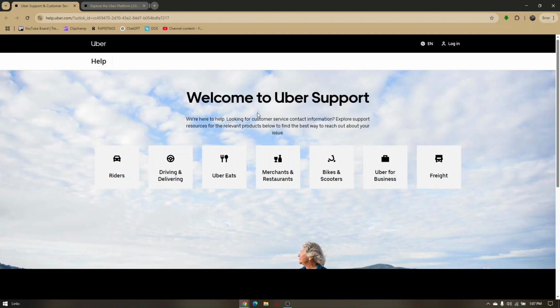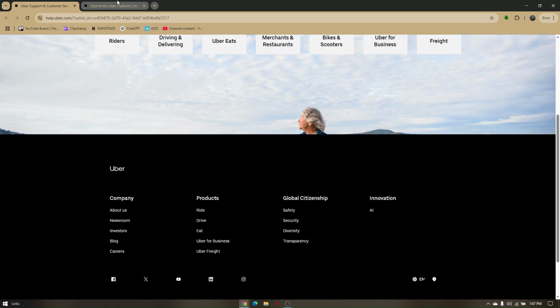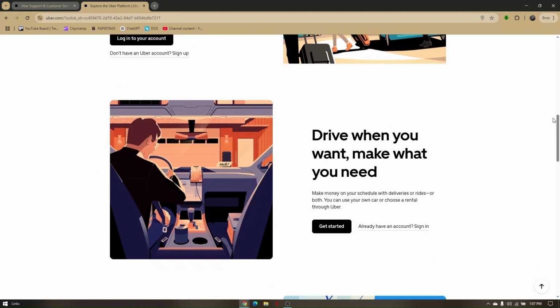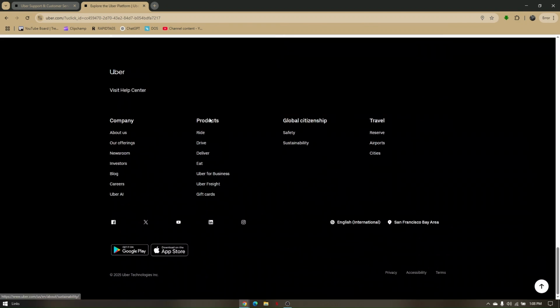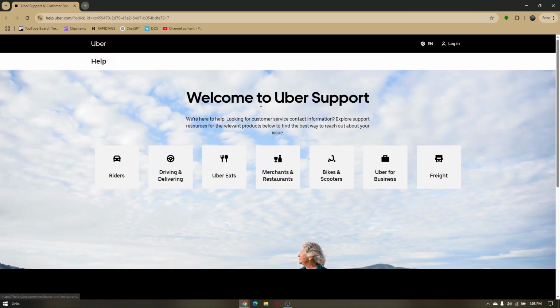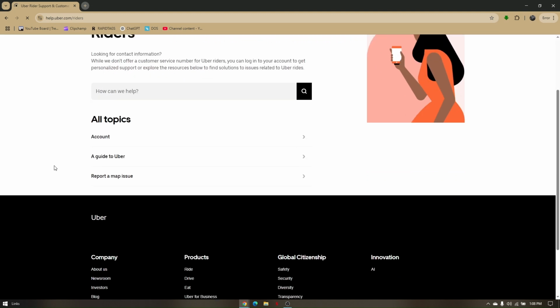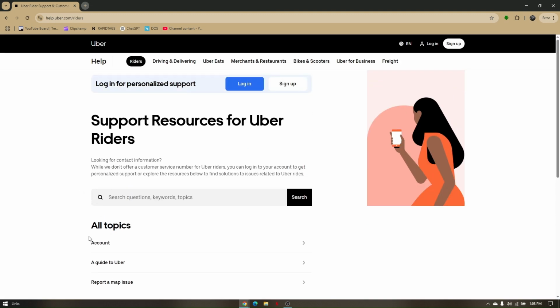So just go ahead and visit the Uber.com official website, and before you log into your account, go ahead and scroll all the way down from their official site, and then head directly to Visit Help Center. Now this is going to be the Help Center interface. Then just choose Riders, and then in here you just have to fill out the necessary forms like your driver